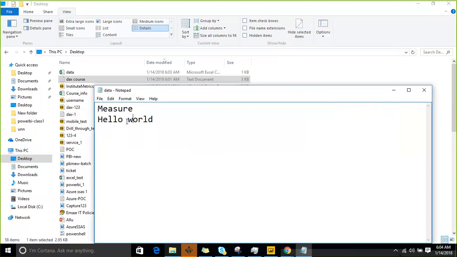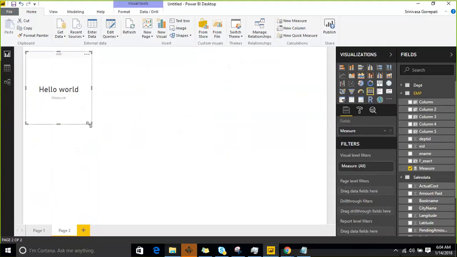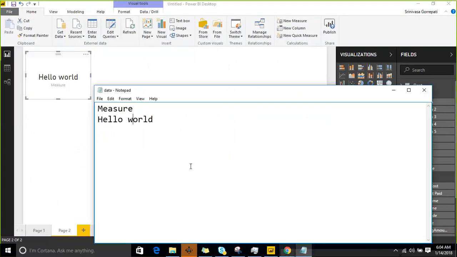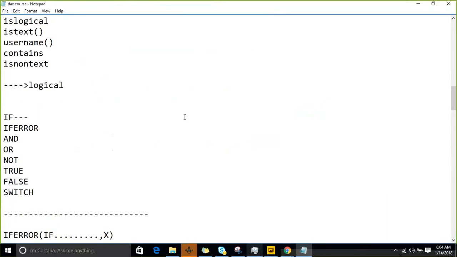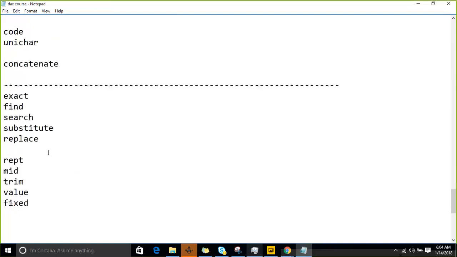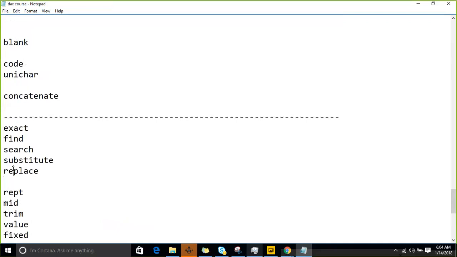The trim is going to remove all the leading and trailing spaces, and between the words, it is going to remove the extra spaces by keeping only one space. So trim will trim the spaces between the values or leading or trailing spaces. That is what the trim functionality is. And the next one after replace, repeat, trim is